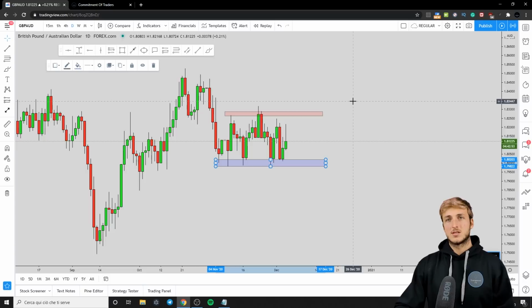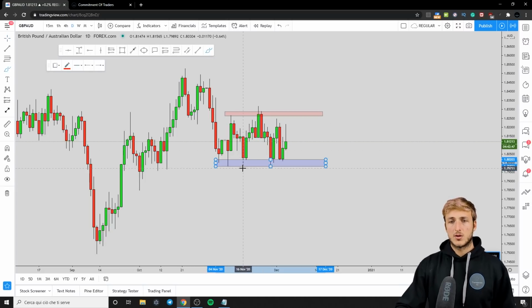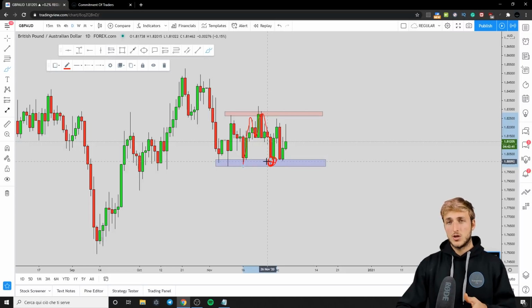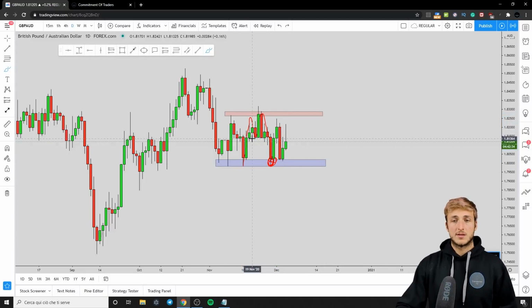So the best patterns are W and M formations. They work very well in a ranging market. In fact, I had made a full breakdown of GBP AUD after the market had created this M pattern. When the market was here, I made a full breakdown here on YouTube explaining all the reasons for which from here we wanted to see a move to the upside to go and complete the pattern at the neckline, because